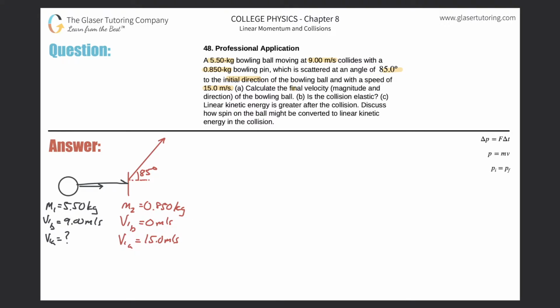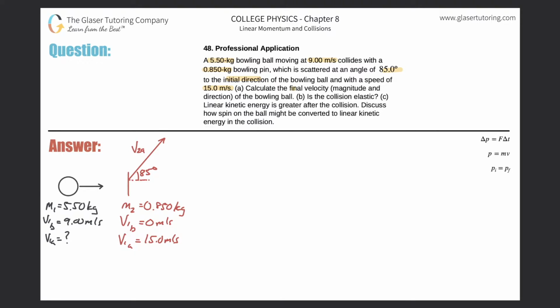After the bowling ball makes contact with the bowling pin here, the bowling pin, as it told us in the problem, is going to be scattered at an angle of 85 degrees relative to the horizontal component of the bowling ball. So here's my 85 degrees. This vector right here in red basically represents